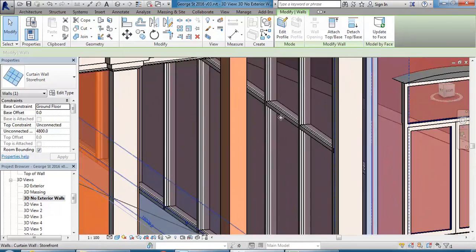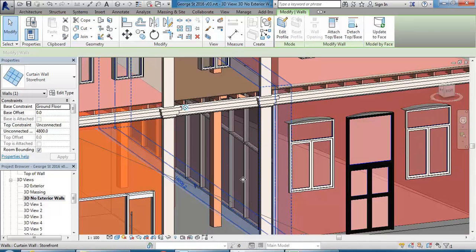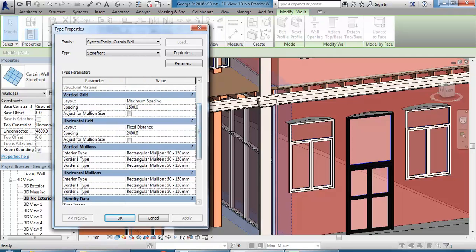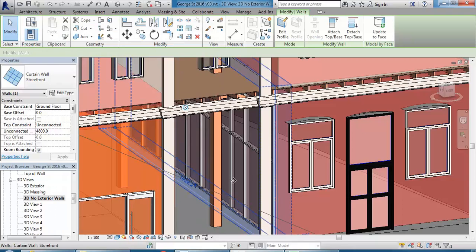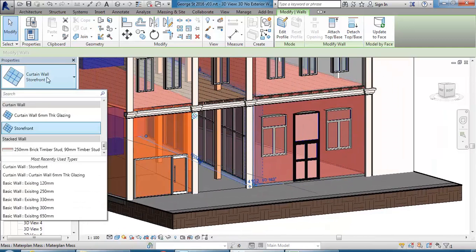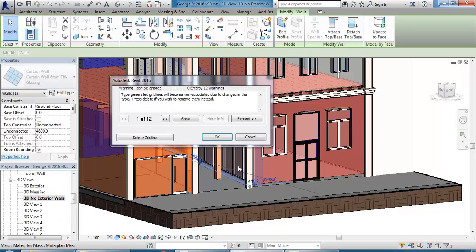But you can see there that the storefront curtain wall has these predefined mullions in a predefined pattern. And the mullions, I've got to say, are a bit ugly. They're probably a bit too chunky for the sort of work you might want to do, where you might want something a bit more refined. And maybe the pattern isn't what you want either. To change that, you may want to go back to the plain glass and then put in your own pattern. But if you do that, if I go back to curtain wall 6mm thick glazing,